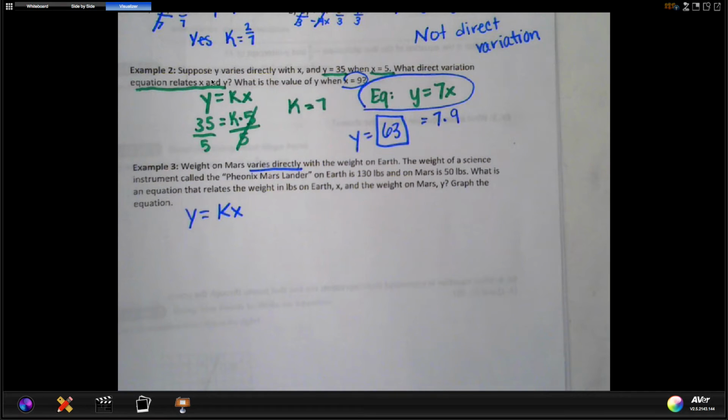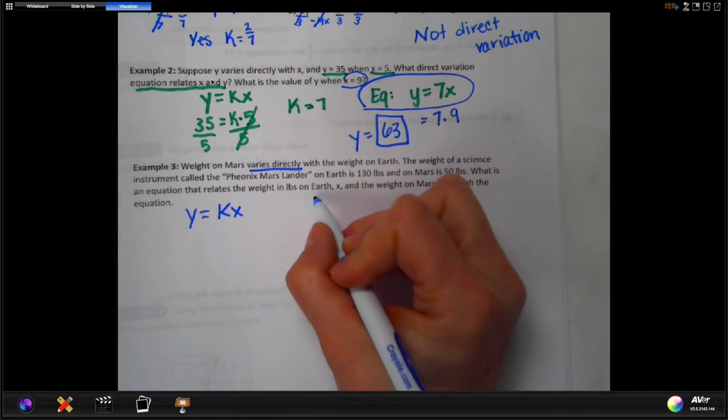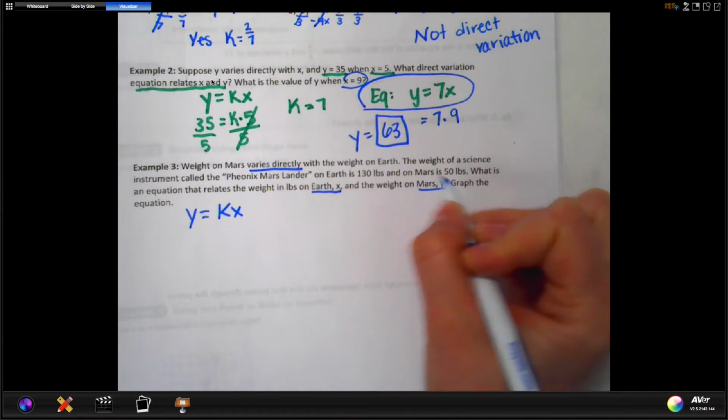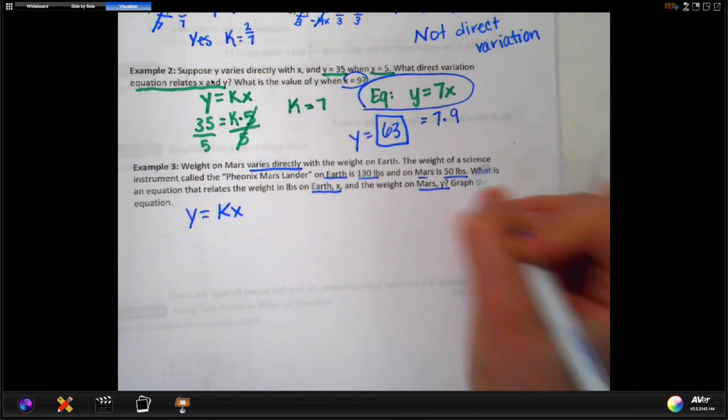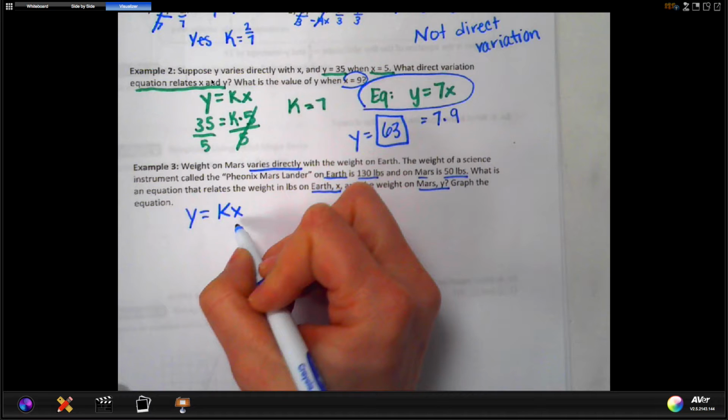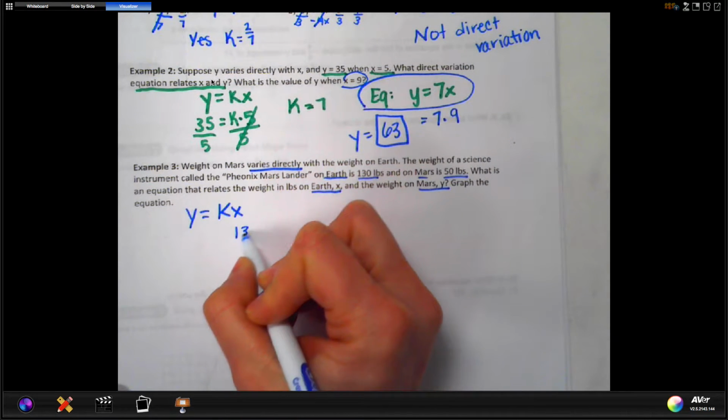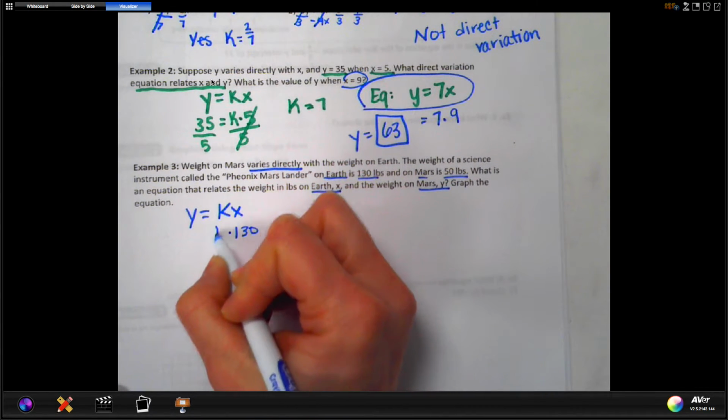Elvin, what do you think? X is 130 and y is 50. Yes, that's right. How did you know which one was x and which one was y? Because Earth is x and Mars is y. Yeah, it tells you Earth is x, Mars is y, and it tells you up here Earth is 130 and Mars is 50. So we're going to make this one 130 for x times k equals,